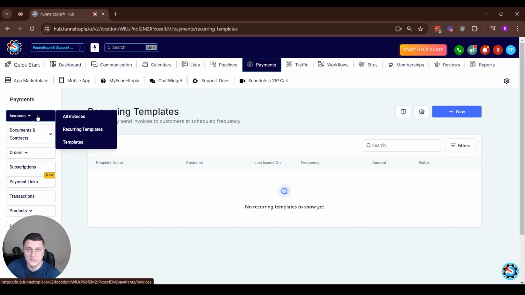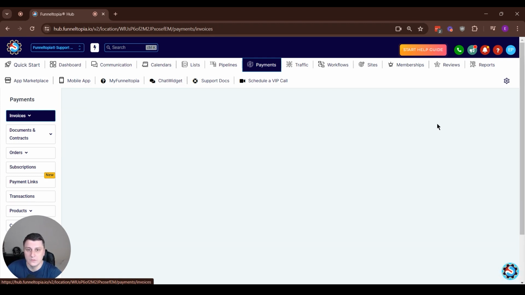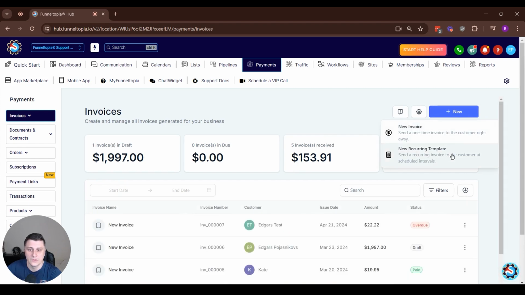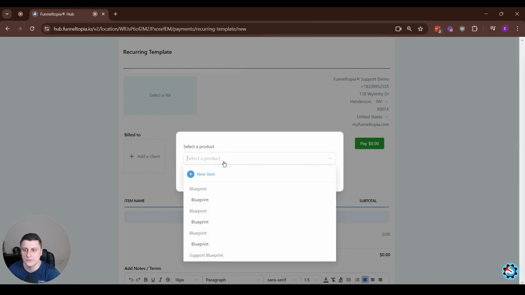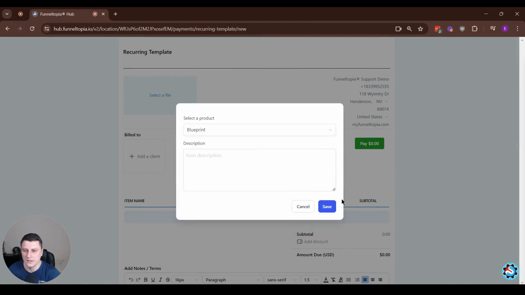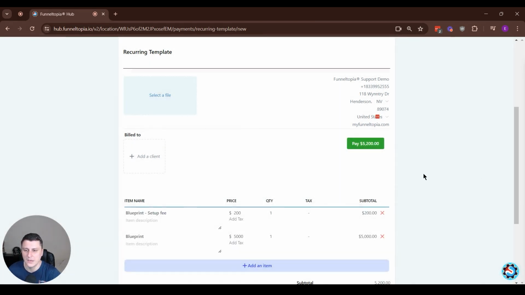And what you need to do, obviously, is have a product set up under the product section where you have a recurring product and also with the setup fee in it. And then what you do here is you go to all invoices, new recurring template. And over here, you would need to scroll down to add an item. Just to show you what it looks like, I think this one was recurring. Yeah, so once you select one of the recurring fee structured products that also have a setup fee,